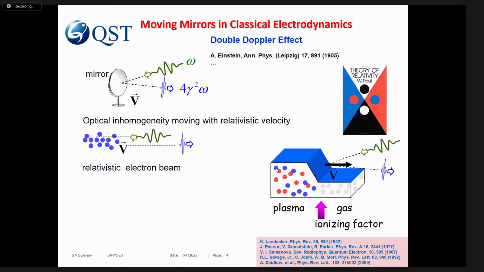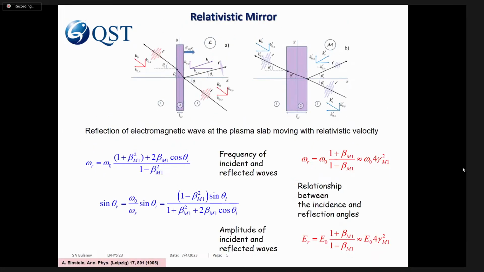First of all, I would like to make a brief introduction to relativistic mirrors, reminding what is well known. This process of frequency upshifting is related to the double Doppler effect. And then there were theoretical studies and experimental efforts to see relativistic mirrors generated by relativistic electron beams, by ionization fronts, and many other approaches have been used. In the case of interaction of an electromagnetic wave with a slab of material, for example, plasma or some other material,